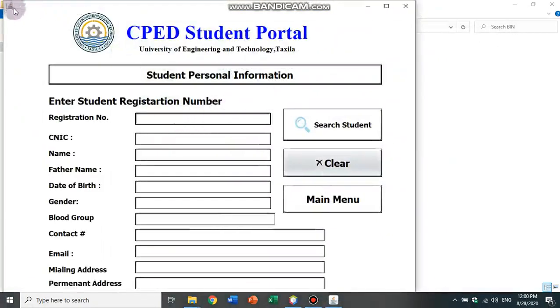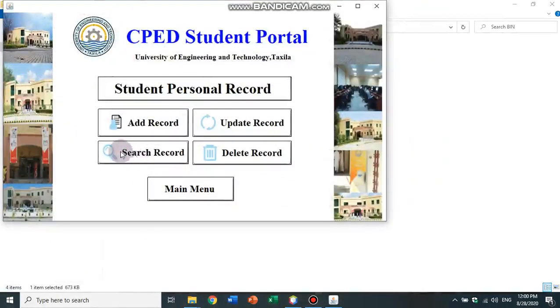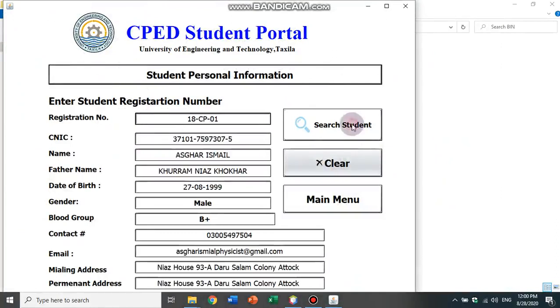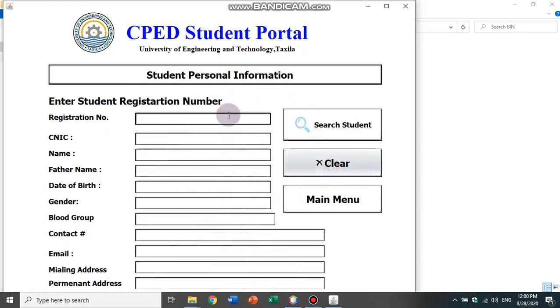If I click on search, this search window will appear. I will write just the registration number here and search. Yes, my record has been added and I can easily search it. The whole data has appeared here. Again clear it, and if I want to search any other record, I can easily search it.